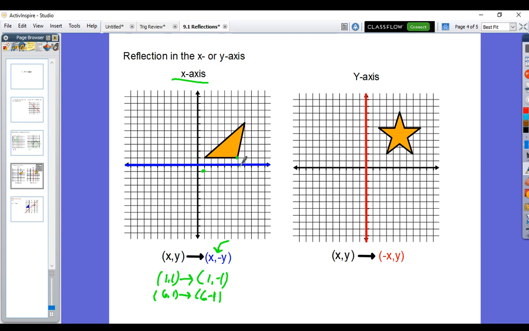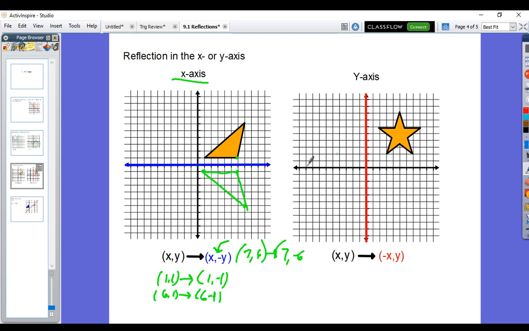So 6, -1. And of course, this third point right here is at 7, 1, 2, 3, 4, 5, 6, 7, 6. We're reflecting that. That gives us what class? Yes, you're right, 7, -6. We connect those, and we get the exact same shape